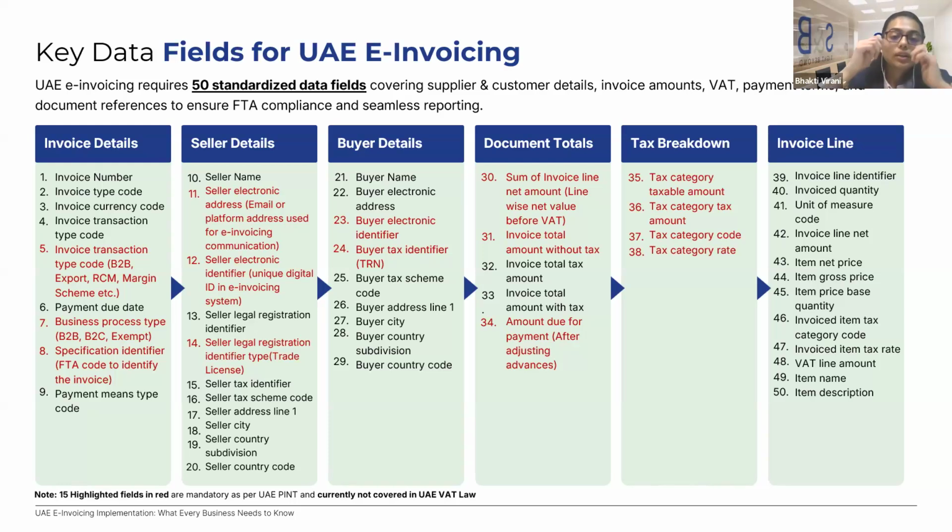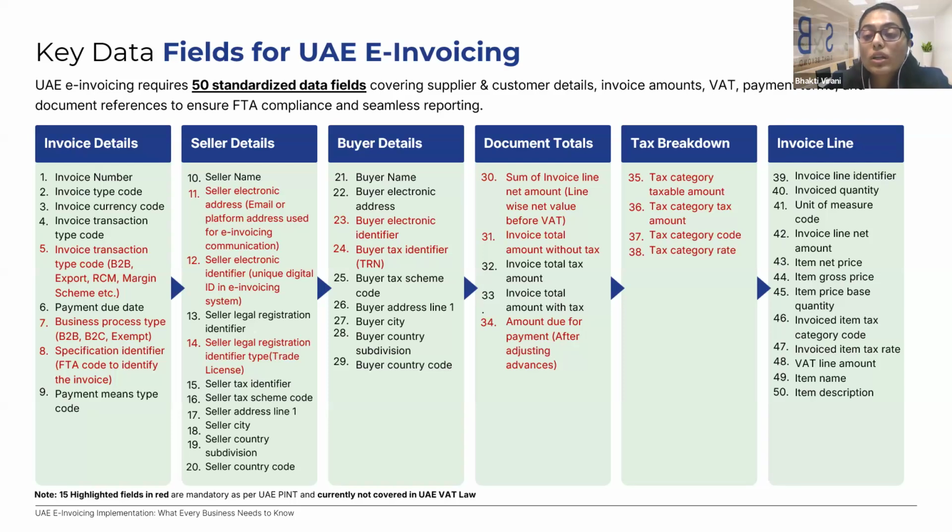Yes, thank you. So these are the seller details, and similar to seller details, we'll also have the buyer details, which is the buyer name, the buyer electronic address, the country, and the TRN of the buyer if the buyer is registered, then the document details. Right now, there must be instances wherein we are capturing the entire invoice value at the end of the document.